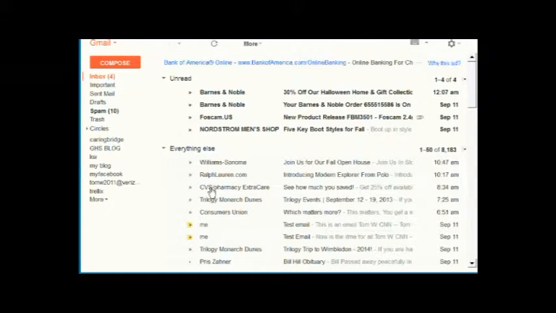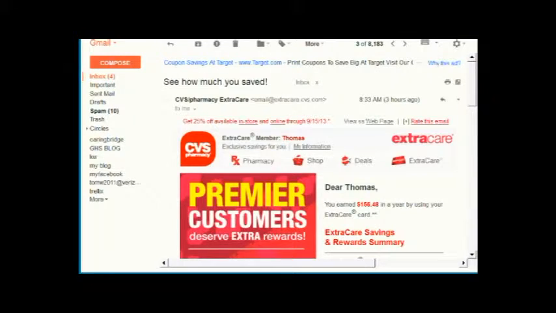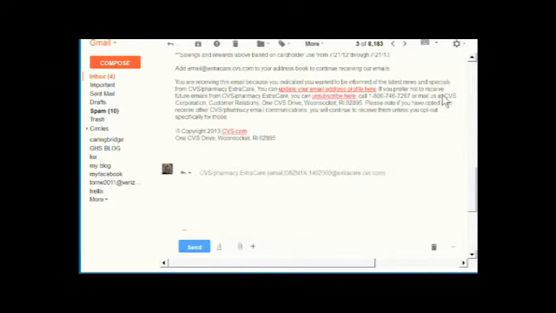Another thing you might want to do when you have an open email is reply to the sender of the email. The way to do that is you click this arrow here. When you hover it, it says reply. You click that. It sets up an email to go to the sender of the email, and all you have to do is fill in your message and click send. I'm not going to actually send it, so I'll just trash the reply,